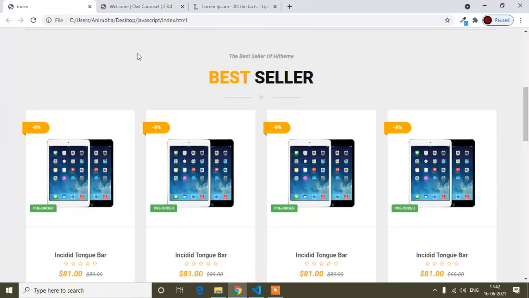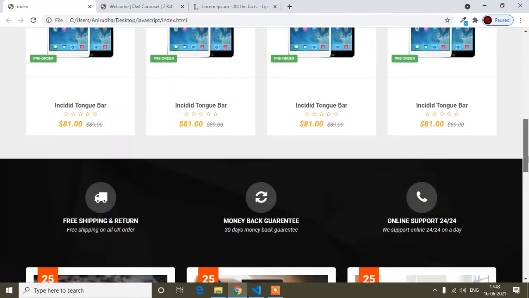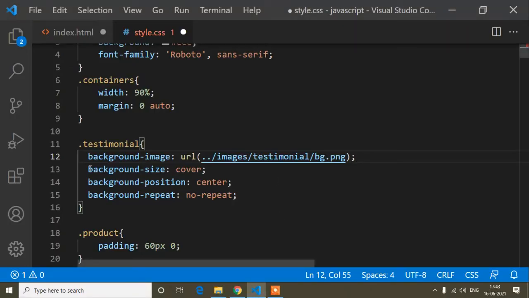If I add the background image in our body tag, it would first start from here, up to where our content was, but the content has increased, so the background image should end up to here. That's why I have written background-size cover, meaning the image will cover the whole background. And background-position center means our background image will start from the center.